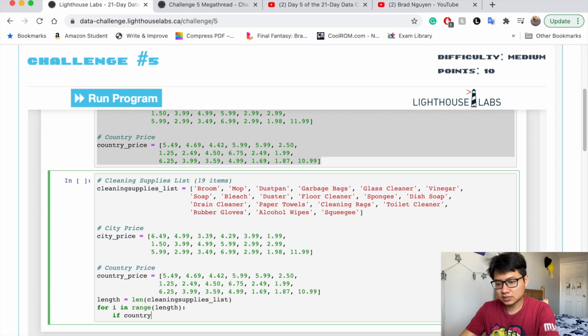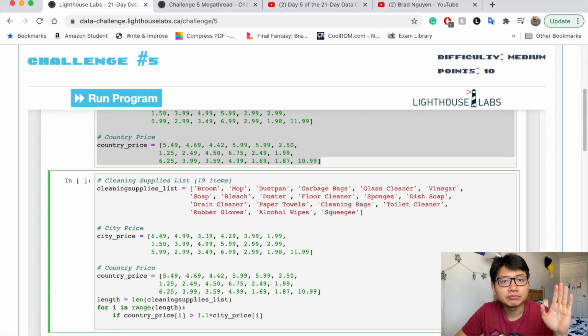So if the country's price of each item in the list is bigger than, no, 110% of the city's side,